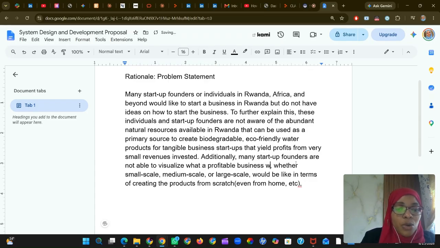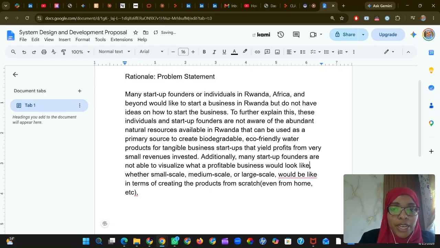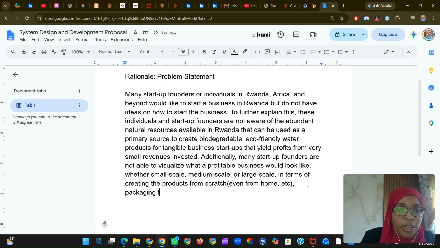Whether small scale or large scale. I probably will erase that. In terms of creating the products, in terms of packaging the products, a place to set up to sell the products,